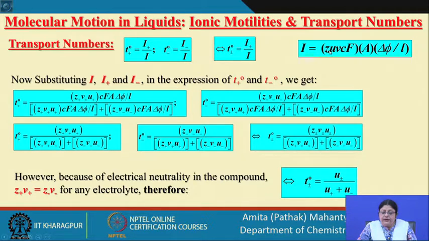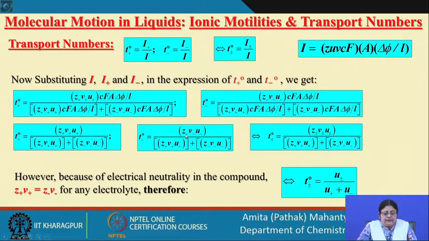Only thing is we are going to subscript it by the plus ion and minus ion. So, this is what we have. This is the plus ion, this is the number of formula units which is going to be present for the positive ion per unit electrolyte which we are using, and this is the mobility of the positive ion. Similarly, you have for the negative ion. If you take the ratios, you see everything is getting cancelled, and eventually you are going to get down to a ratio